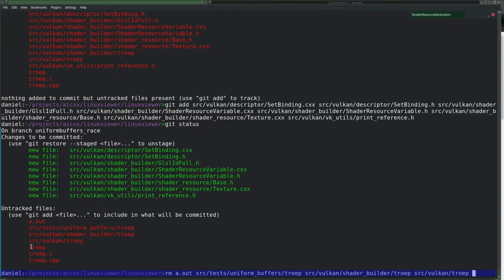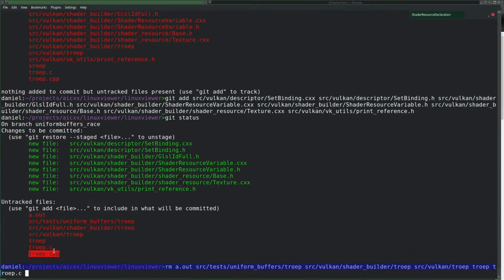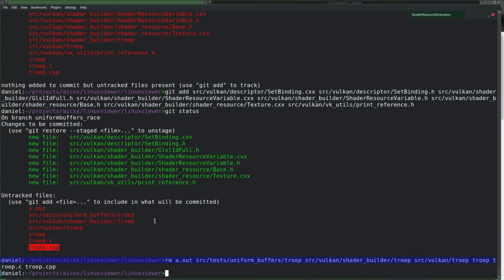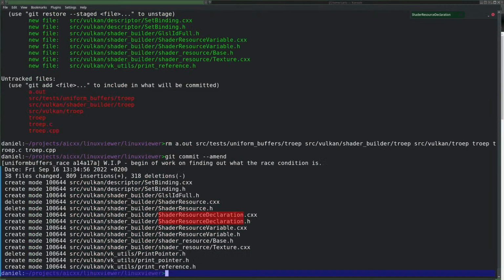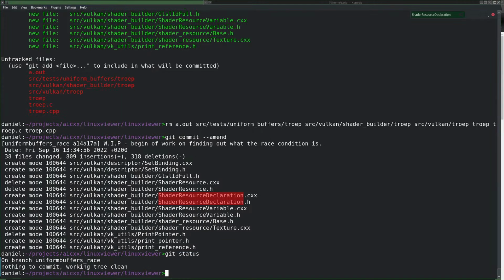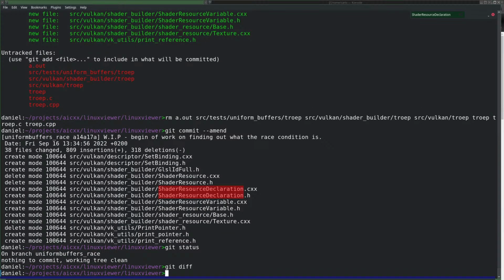Troep is Dutch for junk, so I don't have to look at it when I delete it. To know it's clean, nothing.